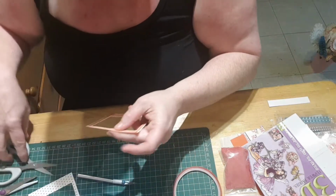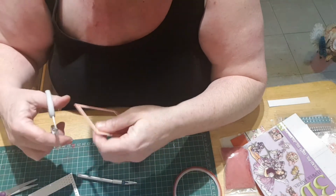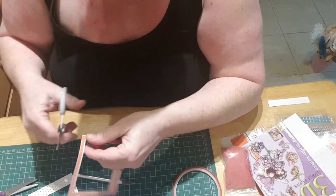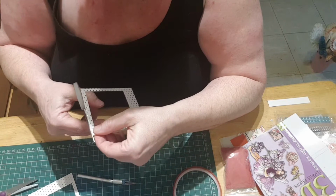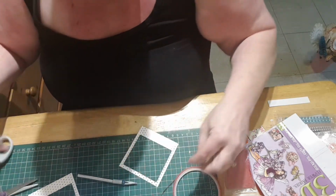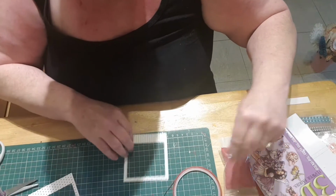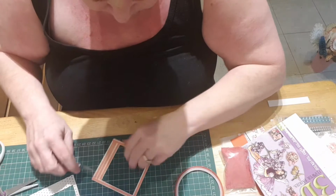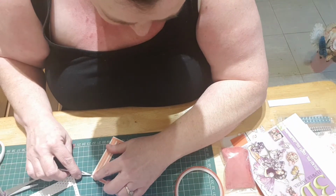Oh, missed a bit. As I said, these are pretty easy to do. Well, I've found them easy. I mean, once you've finished it, you could stick it on a card if you wanted to, or just leave it as it is, as a little shaker pocket. So, what I'm going to do,